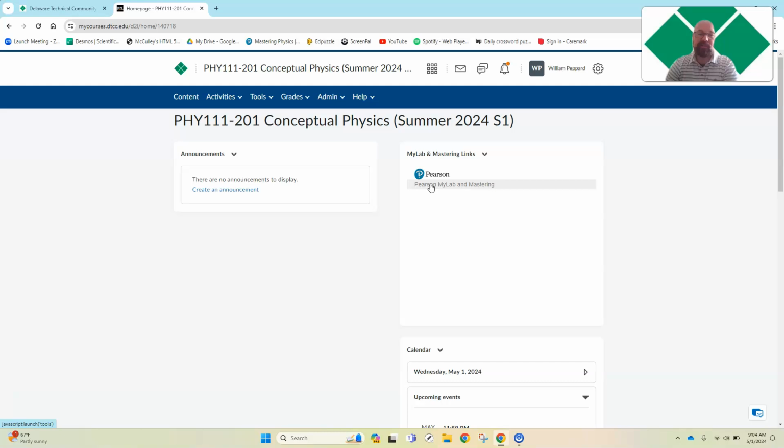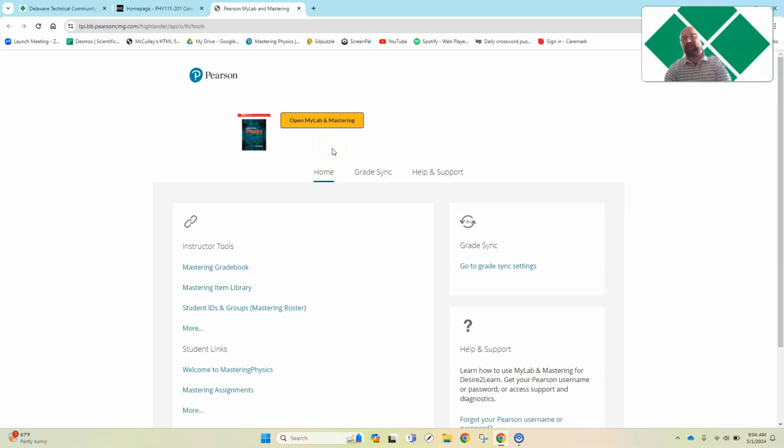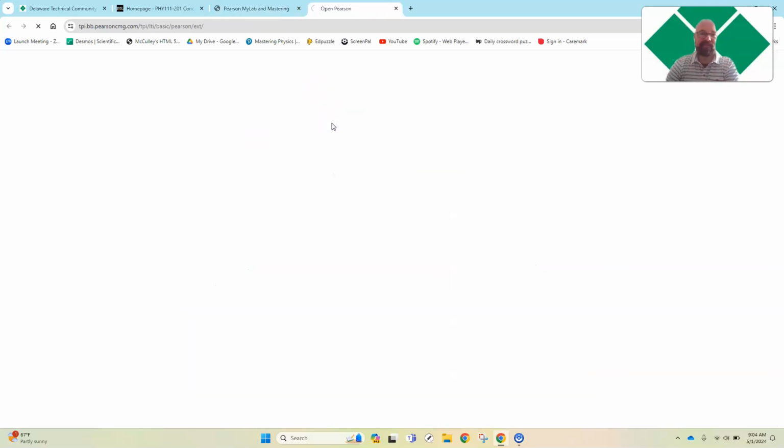So if you click on this Pearson link, it's going to ask you to open. You'll have to set up Mastering Physics. You'll set up an account. If you buy the book through the bookstore, make sure you get a book that has the access codes, and I'll include a video of how to do that. There's a page on here that has descriptions on how to find the access code and enter it so that you can get there. I think you have to go through Brightspace, but you'll eventually have access to this site through the book.